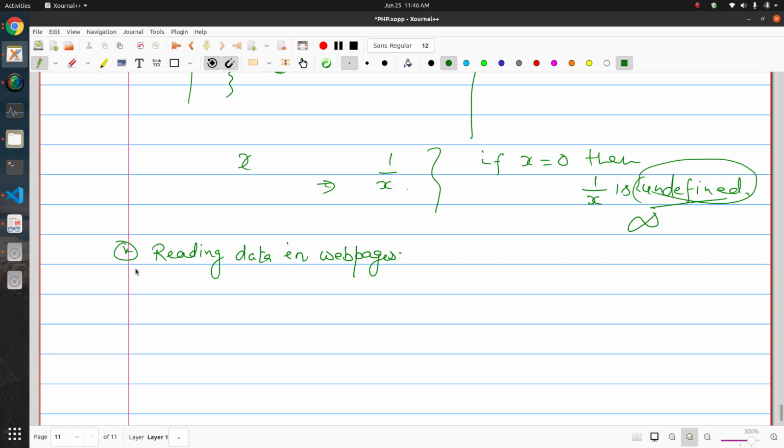Suppose that the client is running some script that has some input options and some buttons. The client inputs some data in those input elements and then submits some button, and now that data needs to be submitted to the server. So at the server side there should be some script that will receive that data and process that data. This is the idea behind processing of the data. The client will provide the data. So where is the client providing data? The client is using some script that may be, let's say, an HTML page.